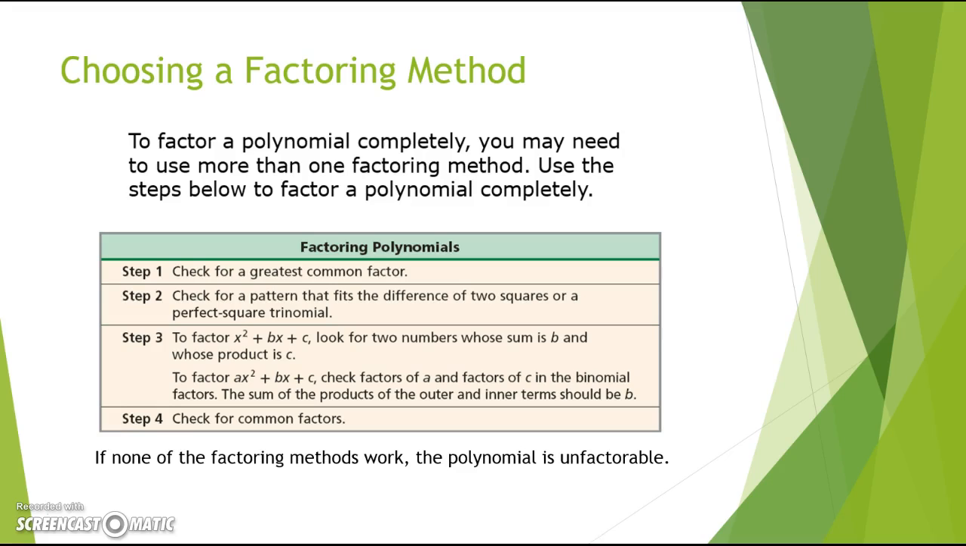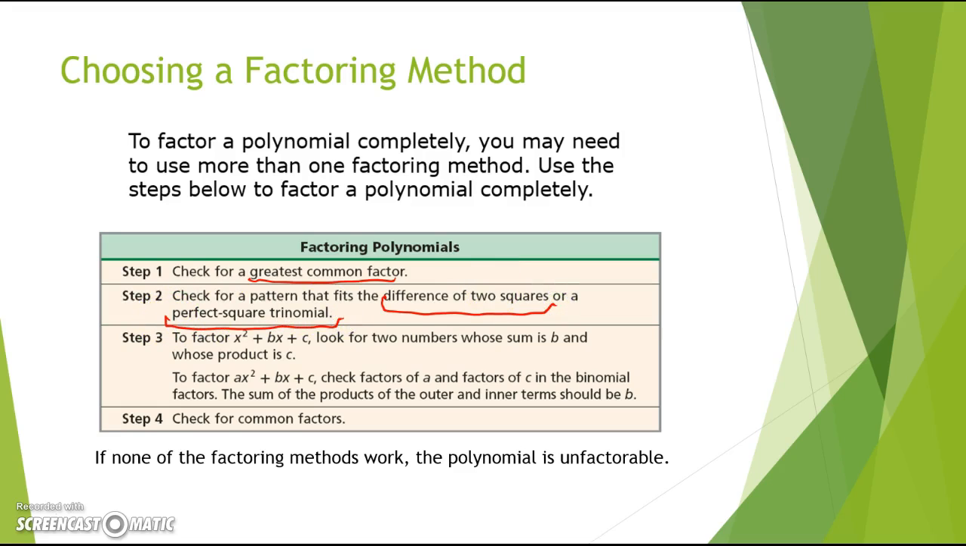As it says here, to factor a polynomial completely, you need to use more than one factoring method. And you're going to use the steps below to factor a polynomial completely. So these are the steps that are involved when you're looking at a polynomial and determining which method to do. Step 1, you're going to check if there's a greatest common factor, GCF. Step 2, you're going to check for a pattern that fits the difference of two squares or a perfect square